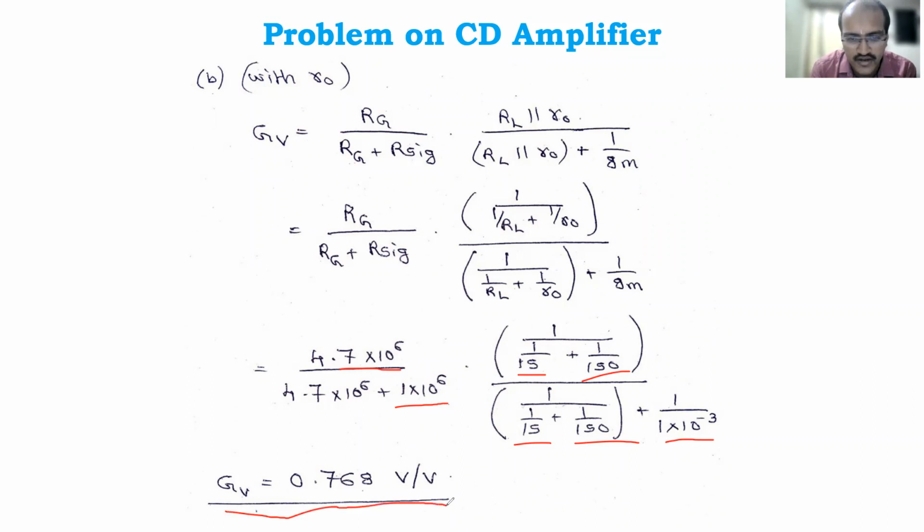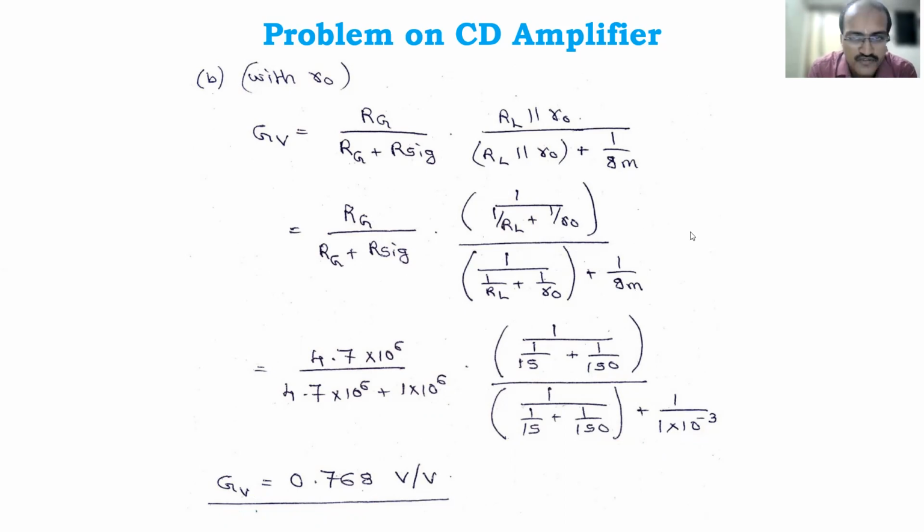As I told you earlier, you got a voltage gain of 0.932. Less will come when you consider the overall voltage gain, considering R signal and RL value. So that is the observation: voltage gain will not exceed 1 in the source follower circuit. So this is the calculation we have done in both. This completes the problem. Very simple, no? The formula you should remember, and you need to substitute and do the mathematics. Then you'll get the answer.